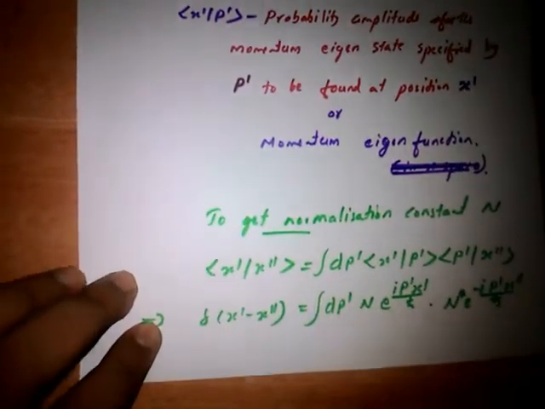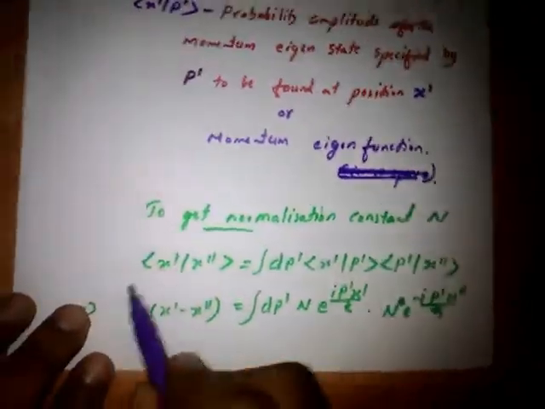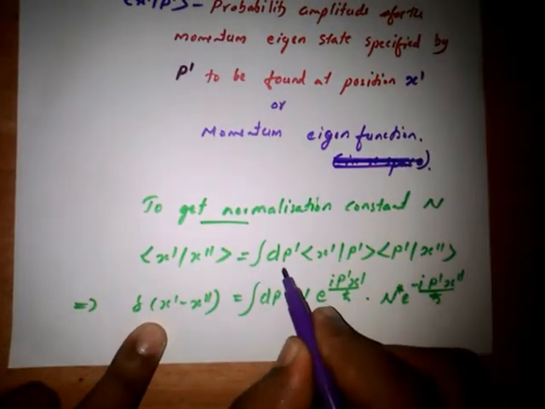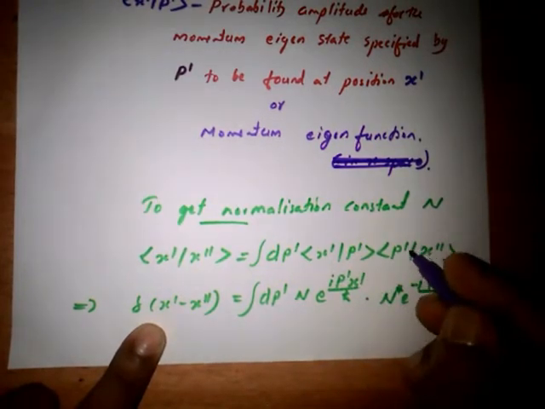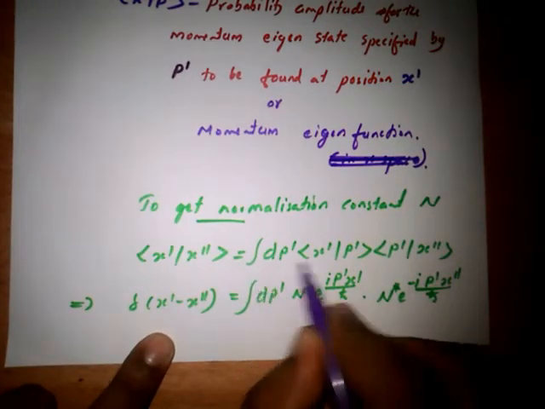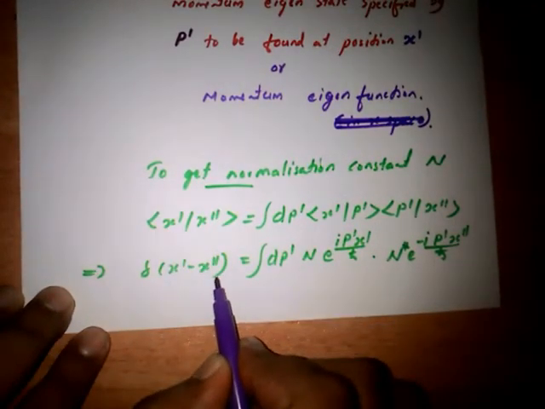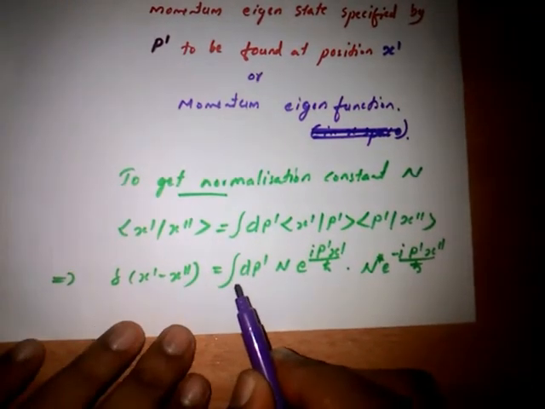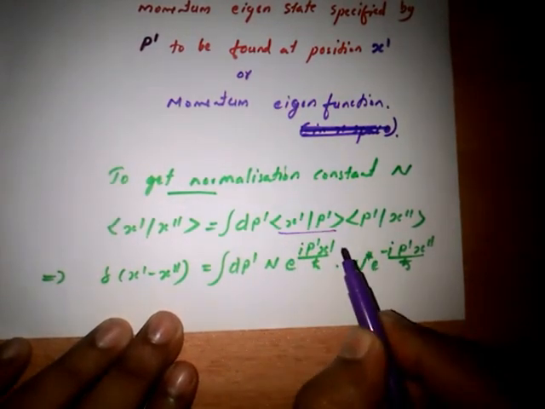To get the normalization constant n, we can write inner product of x dash x double dash equal to integral dp dash, x dash p dash, outer product of p dash, into x double dash, by the completeness relation. That implies the left side we can write as delta of x dash minus x double dash, that is equal to, and the right side is integral dp dash n e raised to i p dash, this is x dash p